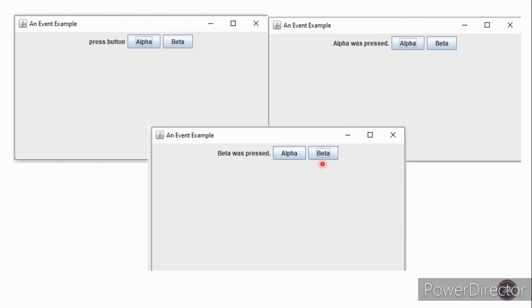When I click on the beta button, it should handle that button click also, and "beta was pressed" needs to be displayed on the JFrame. In these cases the button click event is generated. That means an action event is generated. We need to handle the event. This we will see in Eclipse.